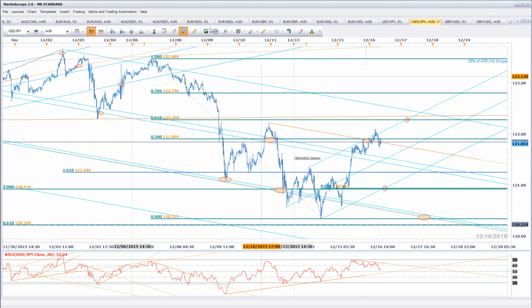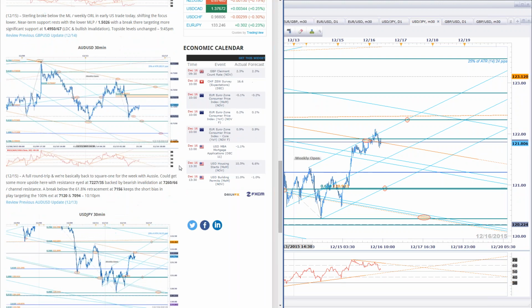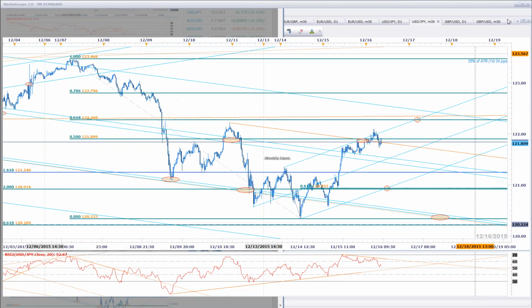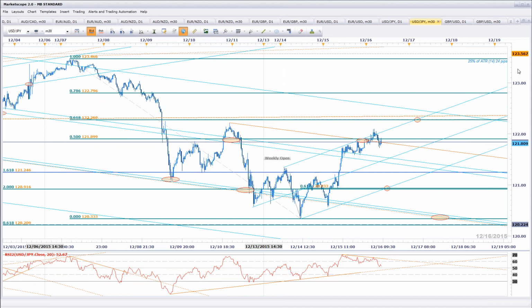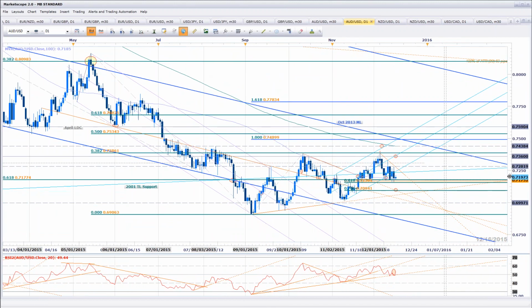Okay. Also highlighted in yesterday's piece was Aussie Dollar. This is the pair that I've been most active in this week at least. Here's what Aussie looks like right now on the daily chart. And I'll show you the intraday chart in just a moment. I wanted to highlight,